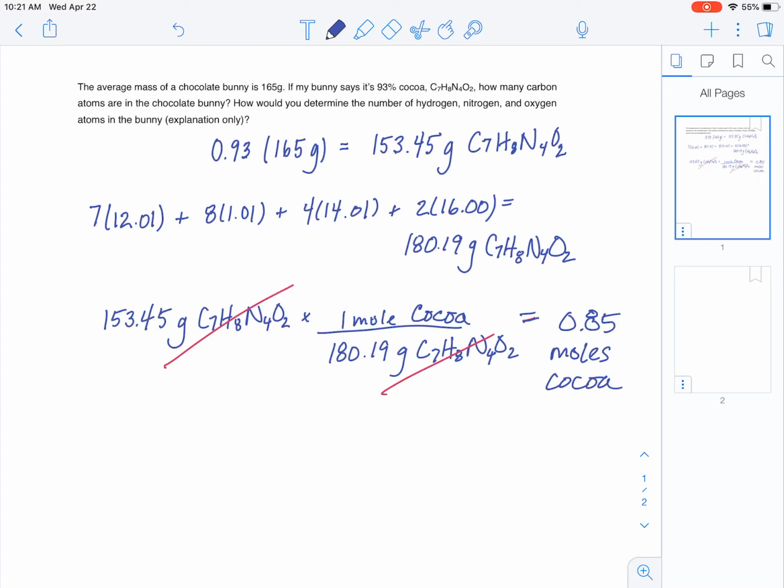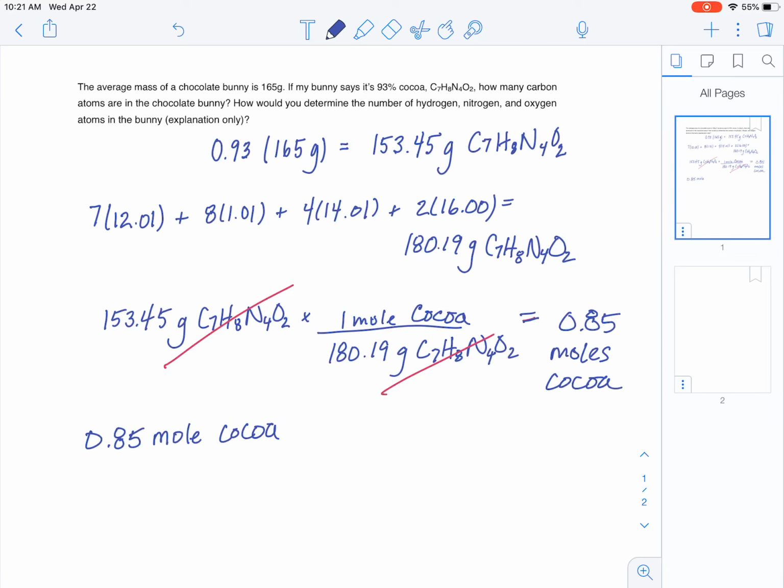Okay? And so we know that 0.85 moles of cocoa is not quite equal to 1 mole. So we can go ahead and convert 0.85 moles of cocoa